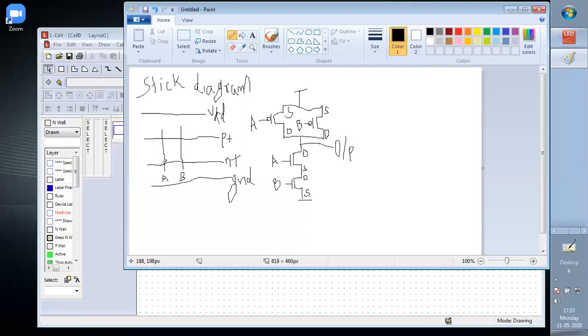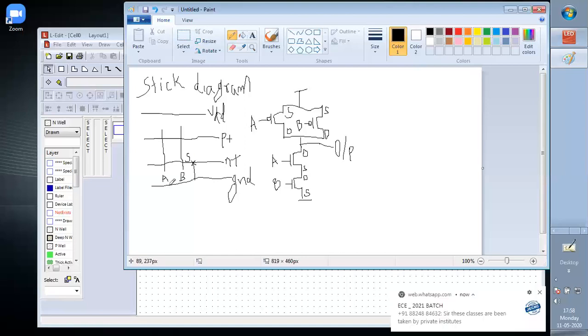Now after this, for NMOS A and B, the source is connected to ground. So here we connect this with ground, and we require a cross here. This shows the active contact because this is the metal line and this is the N plus line. So this is the source. Once we assume this as the source, we cannot assume the other as source, because these are shared, common contacts, so it will automatically be connected to ground also.